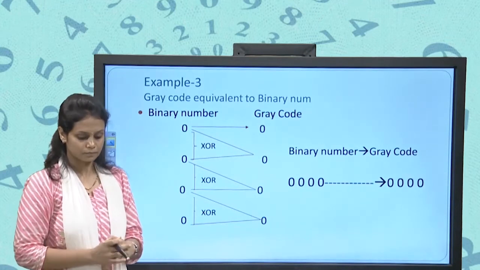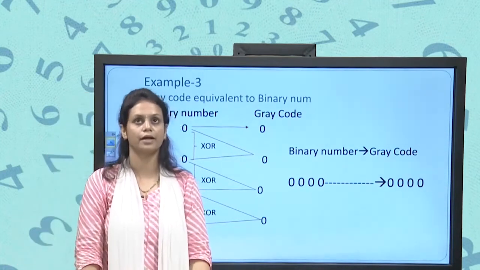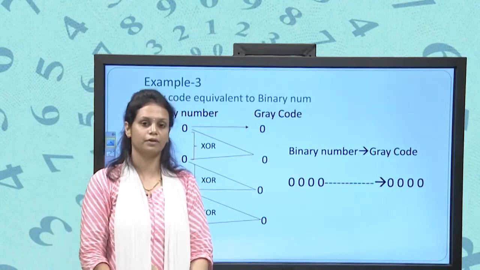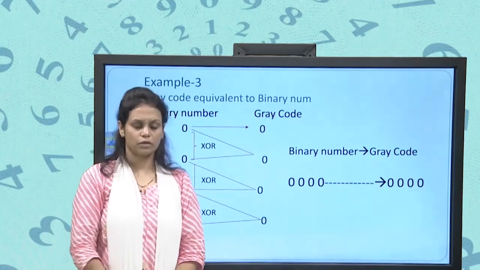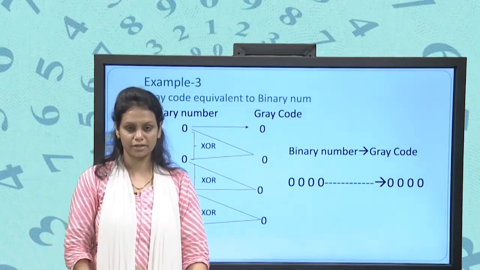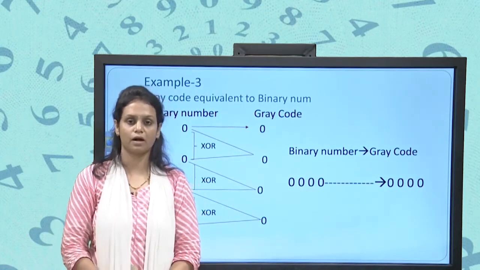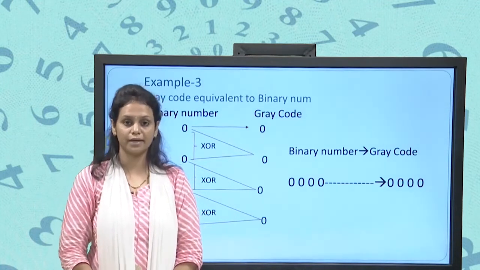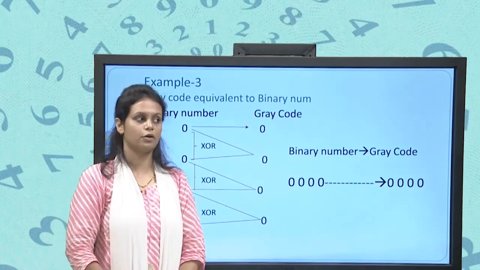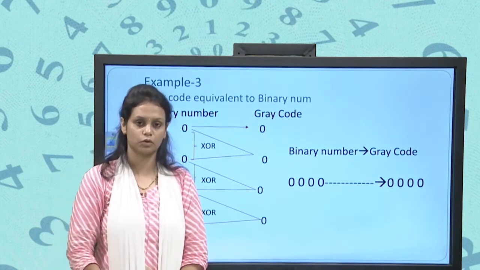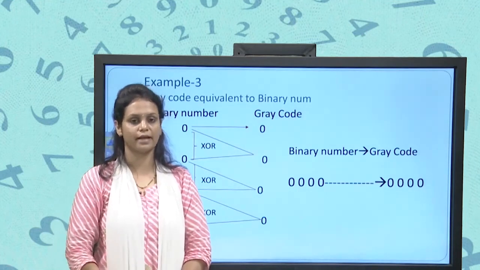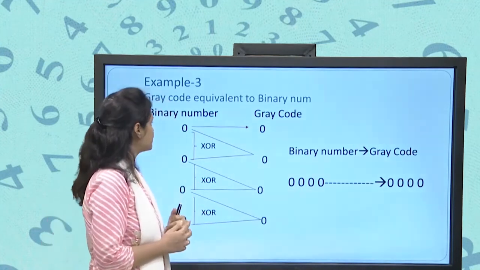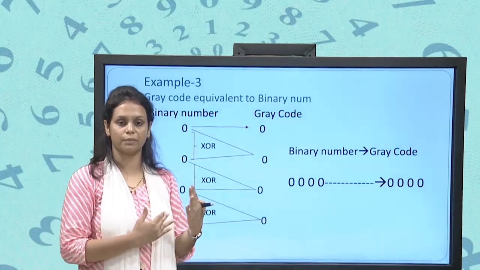So what we have seen in today's lecture, we have seen two different codes, one is the gray code and one is the BCD. Both are used in digital communication and digital display. Fine. We have also seen the example how to convert the decimal number to the binary coded decimal. That means how to convert 1-digit decimal number to the binary coded decimal. We also have seen how to convert 2-digit decimal and 3-digit decimal number to the binary coded decimal. We have also seen the example of the gray code, that means how to convert binary number to the gray code.